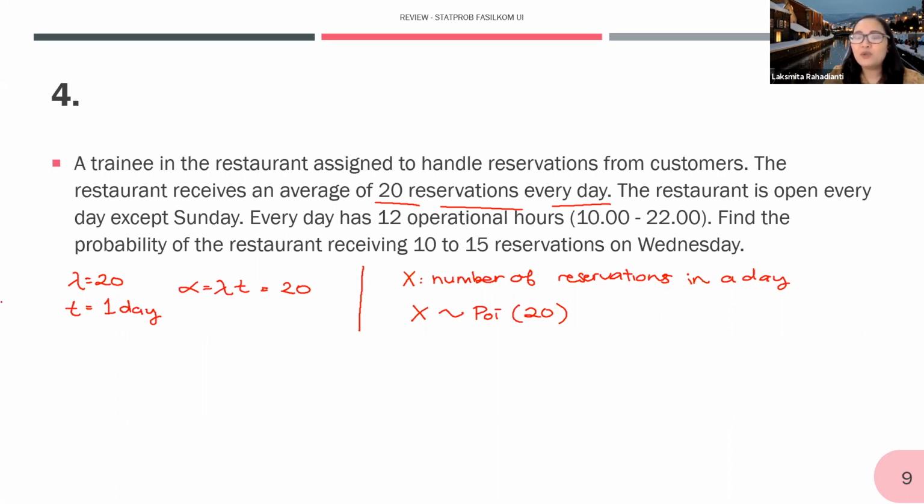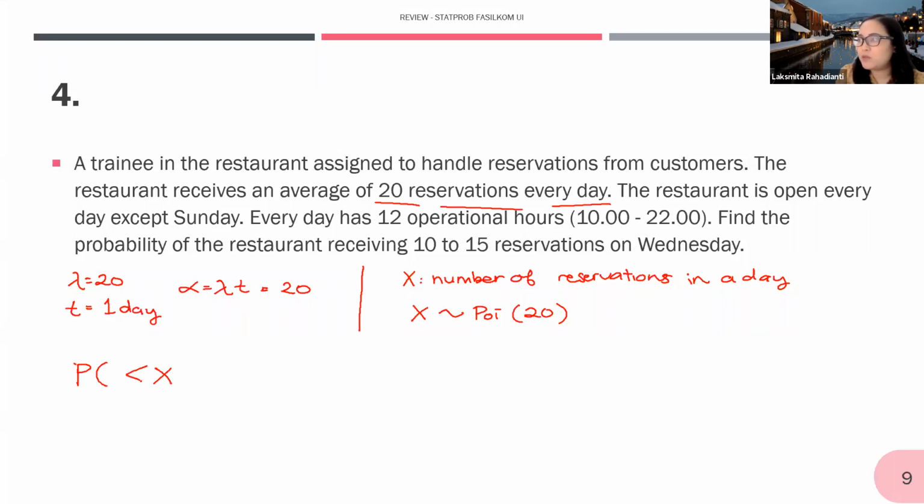If I were to ask you how many reservations it receives in a week, then yes, it would matter, because Sunday should not be computed in a week and so forth. But since I'm asking for the probability of 10 to 15 reservations, the average of 20 reservations is per day, so it doesn't really matter what day it is. It's 20 per day. So now we want to compute the probability